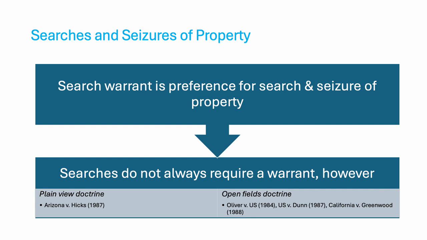Search and seizure of property. Again, when you think of search and seizure of property, you have to look at two different ways. There's the plain view doctrine. Arizona versus Hicks set that case where shots were fired into an apartment. While in the apartment they see stereo equipment that was stolen and some different things. So they basically said, hey, we have probable cause to arrest based upon the plain view we saw. We went in there for one thing, we saw another thing.